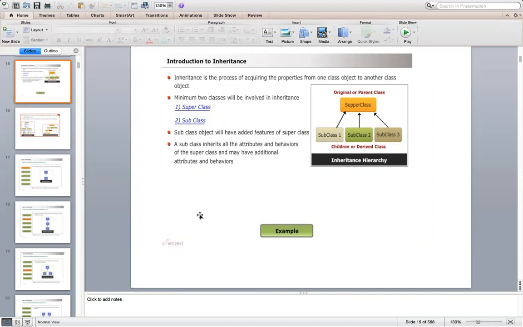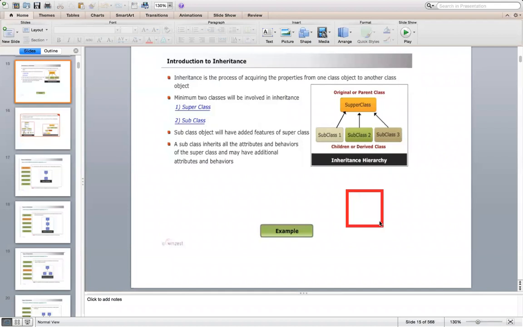What is inheritance? Inheritance is the process of acquiring properties from one class by another class. Let me show you with a diagram.